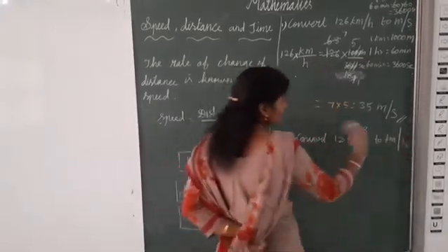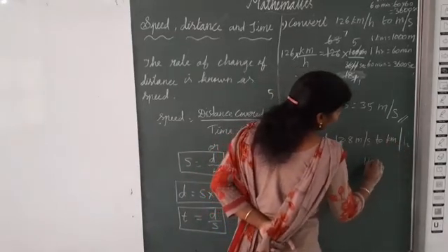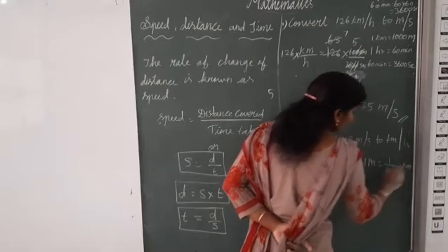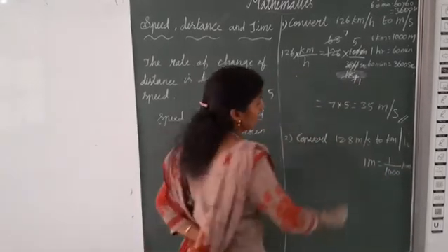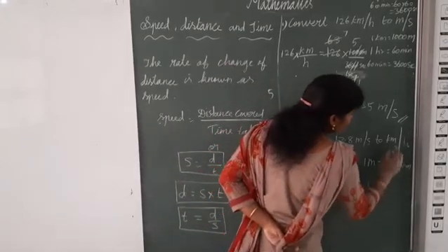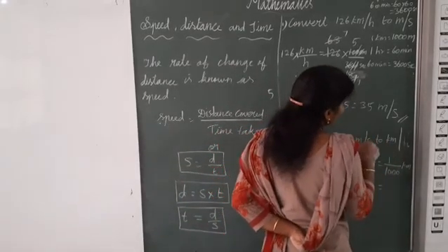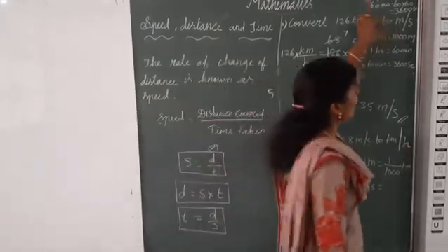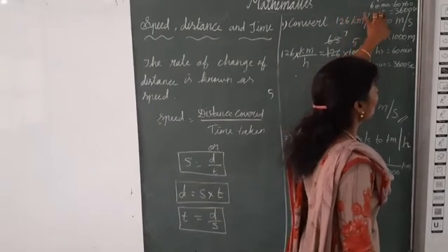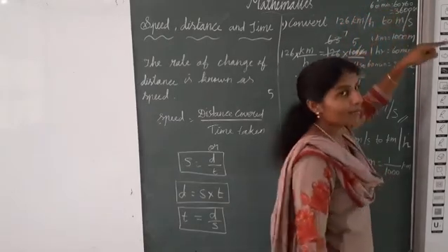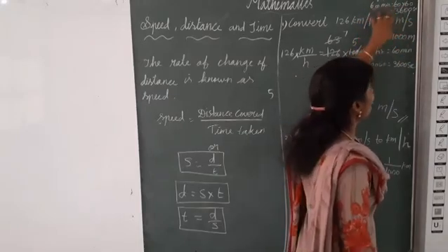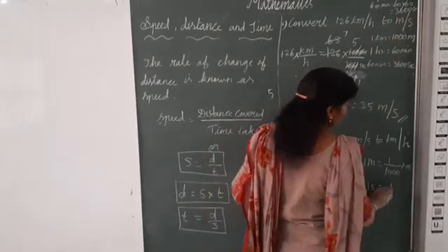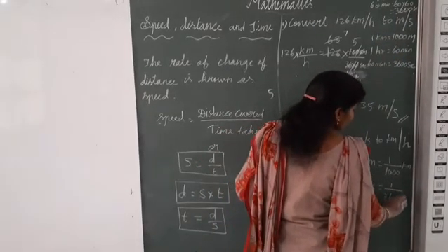Okay. Now we need to convert into kilometer and hour. 1 meter is equal to 1 by 1000 kilometer. Therefore 1 second is equal to here 1 hour, isn't it? 1 hour, how many minutes? 1 hour is 60 minutes. Therefore 60 minutes in second means 1 minute is 60 seconds. 60 minutes equal to 60 into 60, 3600 seconds. So 1 second is equal to 1 by 3600